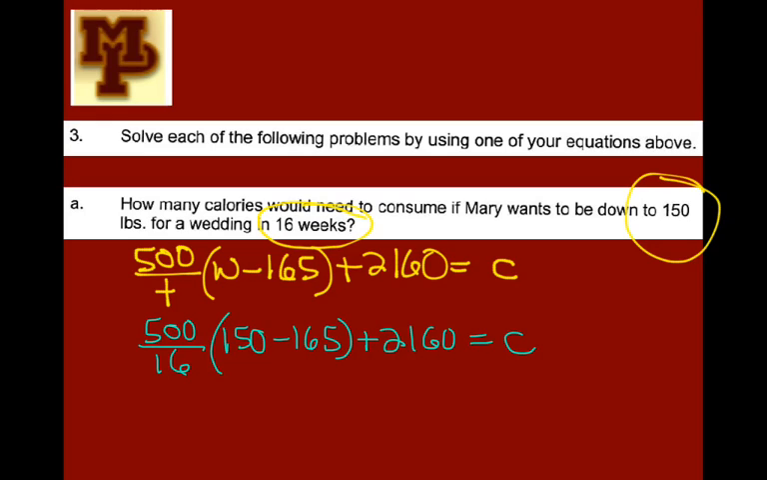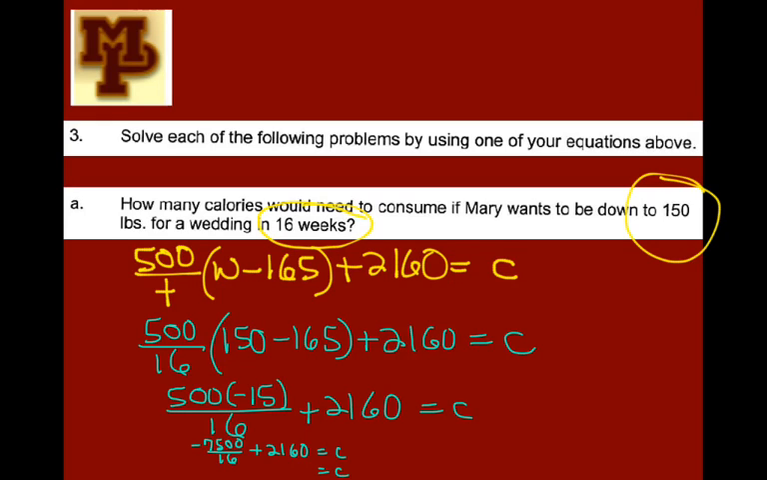So that would be 500 times, and that looks like it would be negative 15, divided by 16, plus 2160 equals C. So let me grab my calculator here. So 500 times negative 15, that's negative 7,500. So negative 7,500 divided by 16 plus 2160 equals C. So negative 7,500 divided by 16, that's